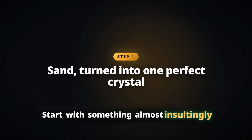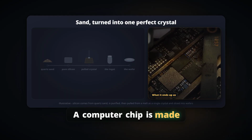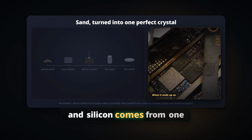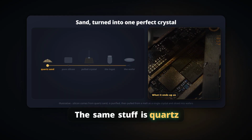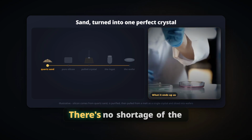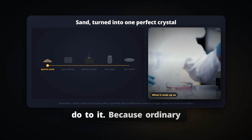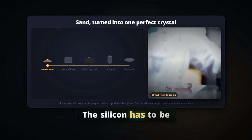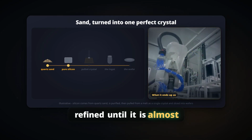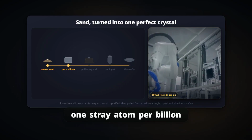Start with something almost insultingly ordinary. Sand. A computer chip is made of silicon, and silicon comes from one of the most common materials on the planet, the same stuff as quartz and beach sand. There's no shortage of the raw ingredient. What's rare is what we do to it, because ordinary sand is nowhere near pure enough. The silicon has to be refined until it is almost unimaginably clean, roughly one stray atom per billion atoms of